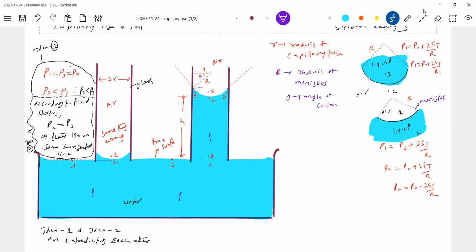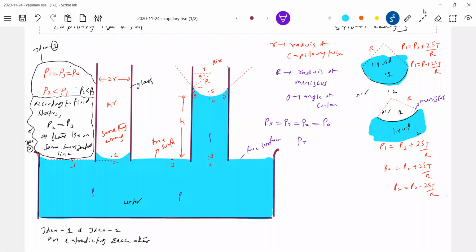Okay, let's write here. Pressure at 5 should be equal to P4, but first we'll equate atmospheric pressures. What is the pressure at 3 and 5? Because there's a free surface, pressure at 5 and pressure at 3 should be equal to P naught. And 3 and 2 are on the same horizontal line, so it should be equal, no? So pressure at 5, at 3, at 2 is equal to P naught. One is of no discussion, because 1 and 2 will be on the same horizontal line almost.